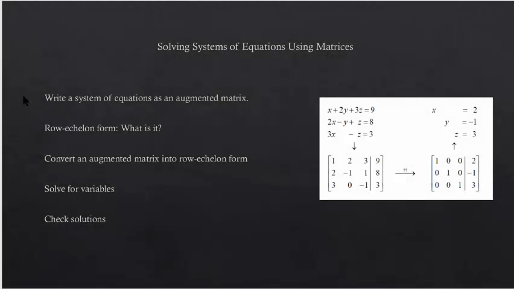All right, in this lesson, we are going to work on solving systems of equations using matrices. So in this lesson, we're going to work on writing a system of equations as an augmented matrix, then understanding what row-echelon form is, and then converting our augmented matrix into row-echelon form. And in order to do that, we need to know the rules and tricks in order to be able to change the items in our matrix. After we have our matrix in row-echelon form, we can use it to solve for variables and then check the